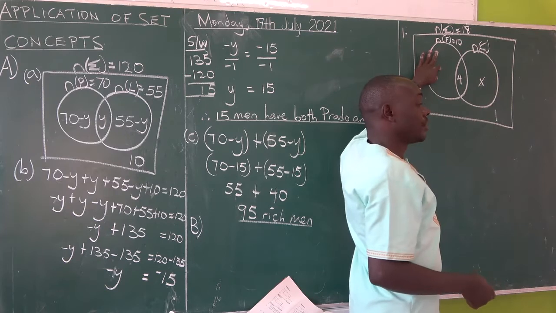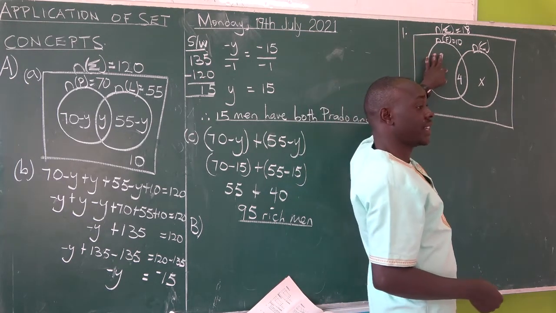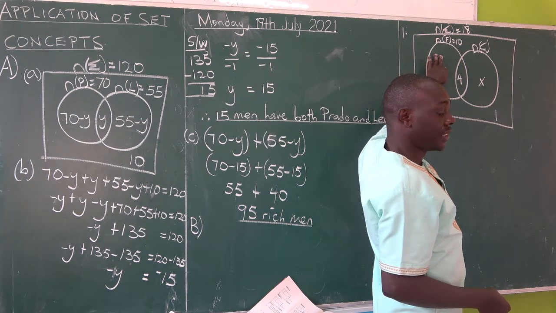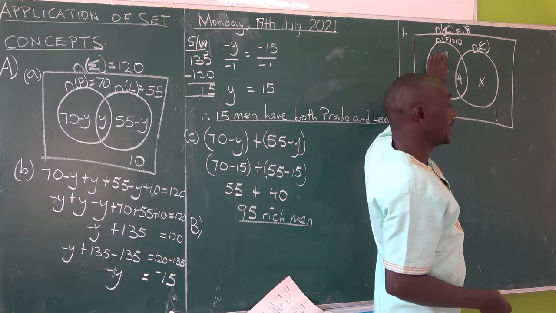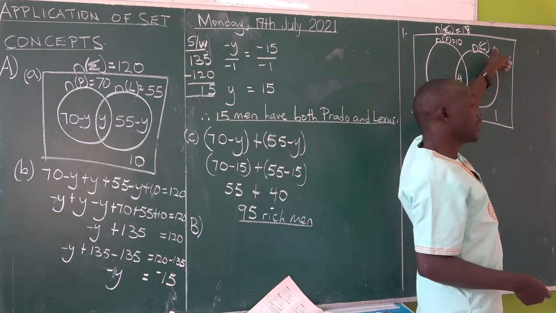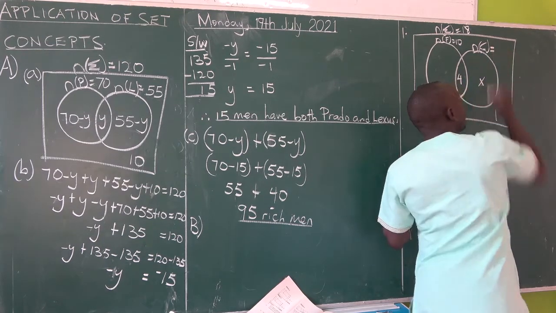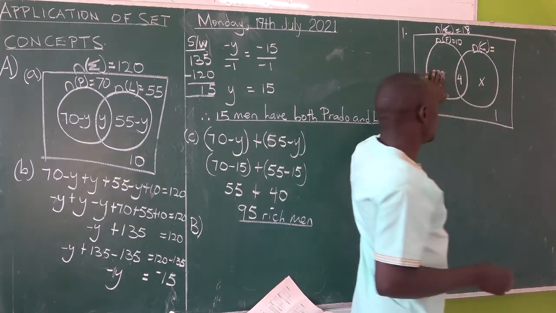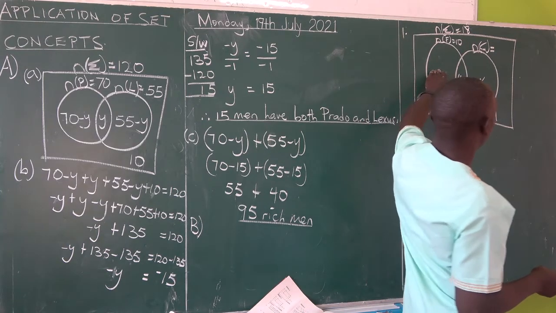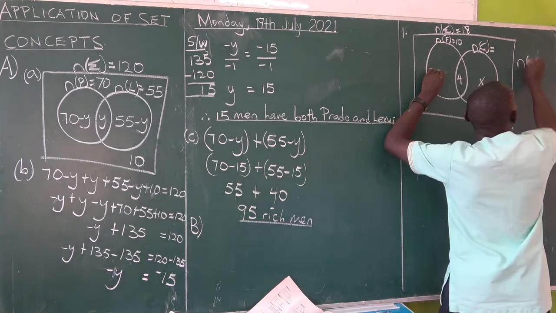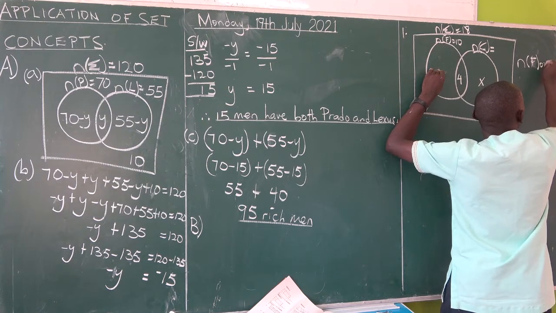So this factor only, like I said before, is found by subtraction. Whatever is inside and is missing or not given, you find yourself; whatever is inside is found by subtraction. And this upper one must also be filled, but it's found by addition. So whatever is outside is found by addition, and whatever is inside is found by subtraction in case it's not given. So we go: number of elements in set F only.